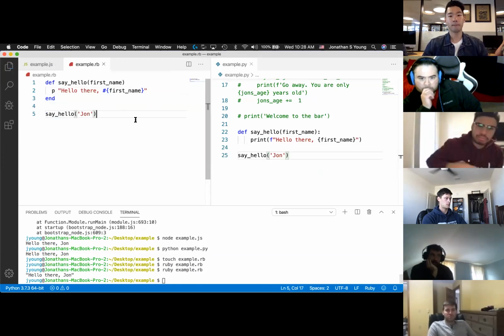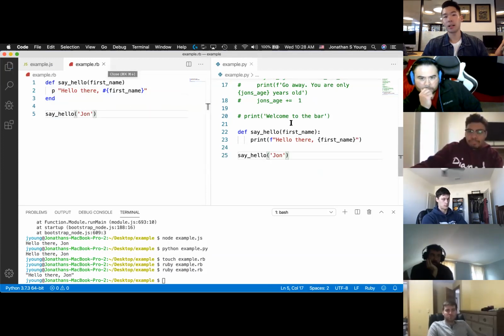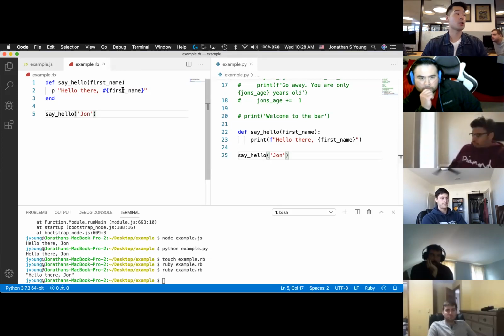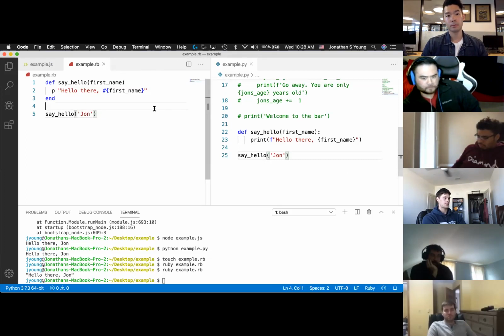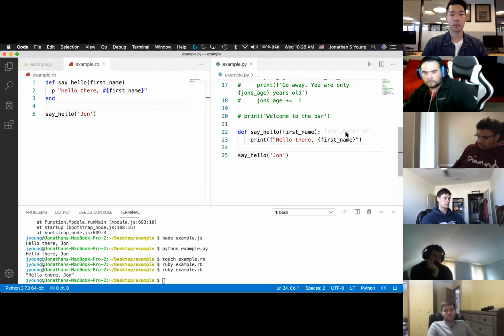Which one do you like better, Python or Ruby? I'm naturally a Ruby person, but I have not written Ruby in like a few years. I see the value of each one, to be quite honest. I just don't like JavaScript because of all the curly braces. But some people prefer the curly braces because they know exactly where everything starts and ends. Yeah. What are you using right now at Venmo? Python. Yeah, 100% Python.